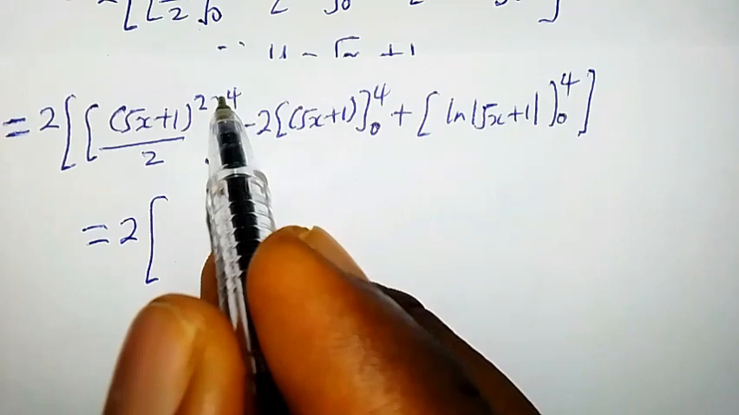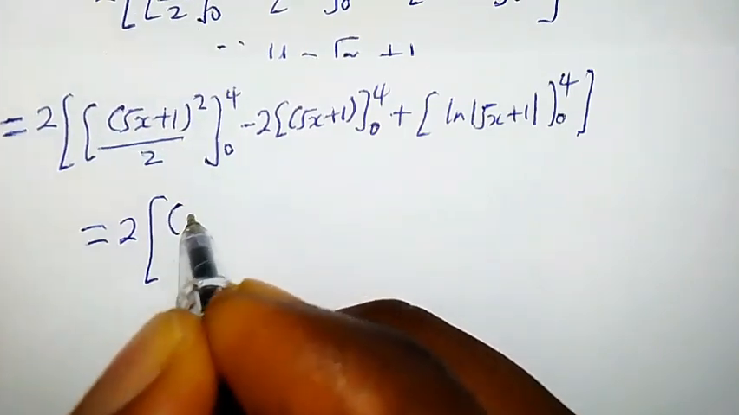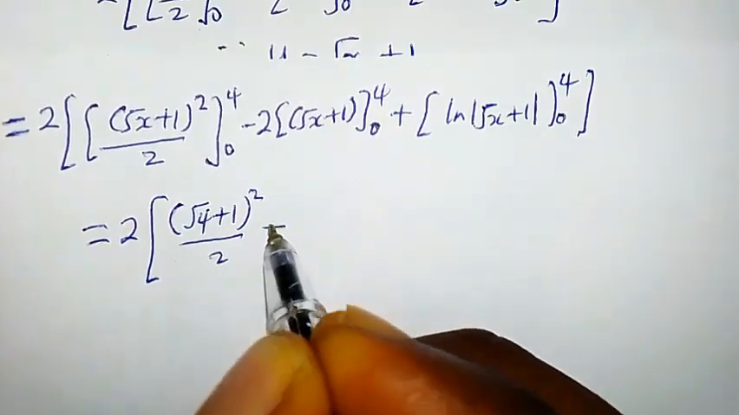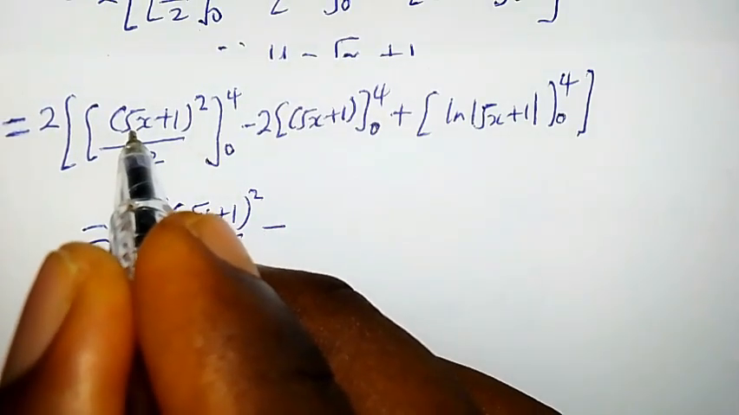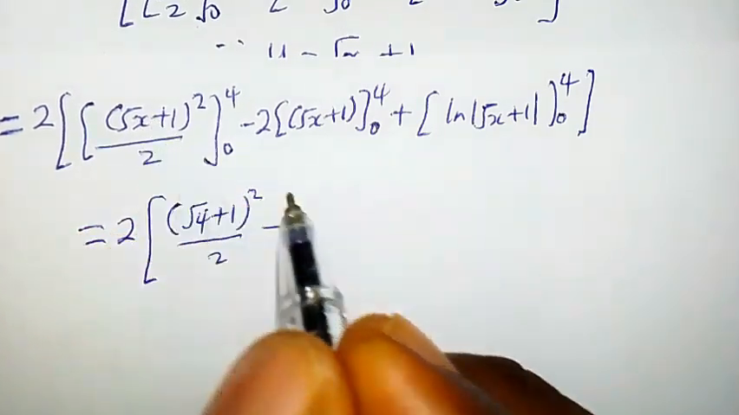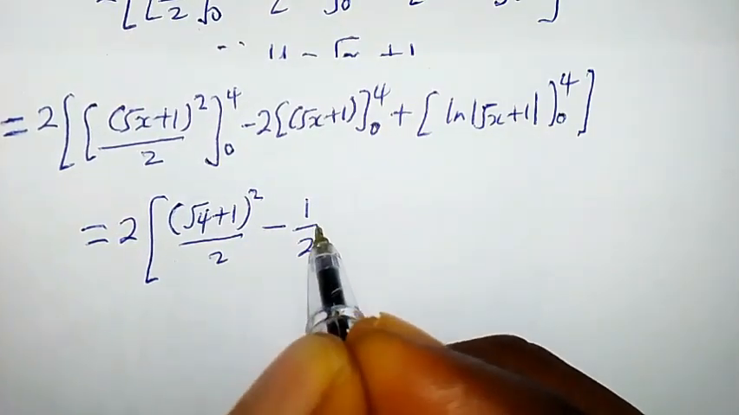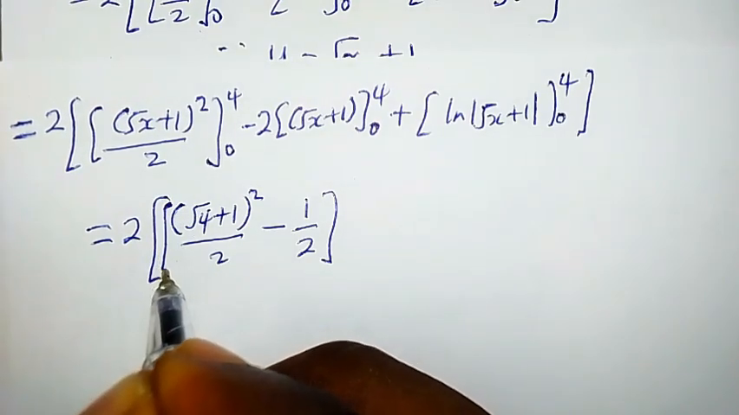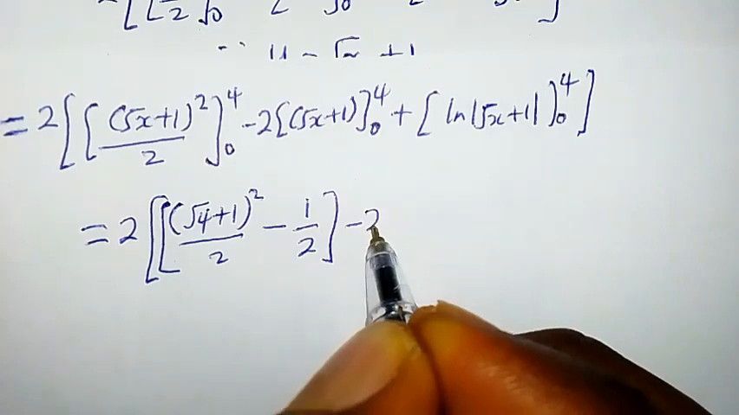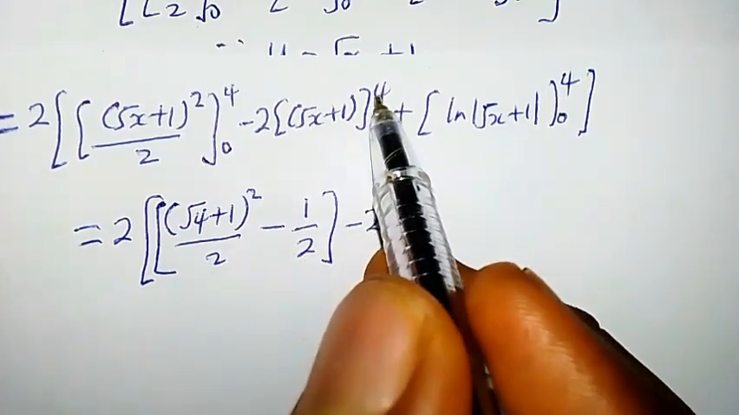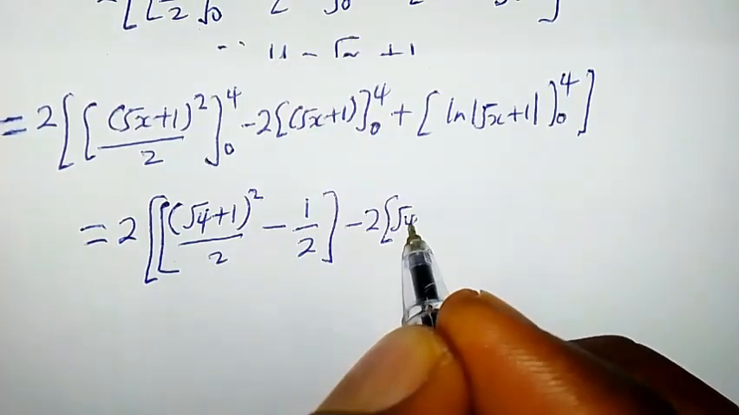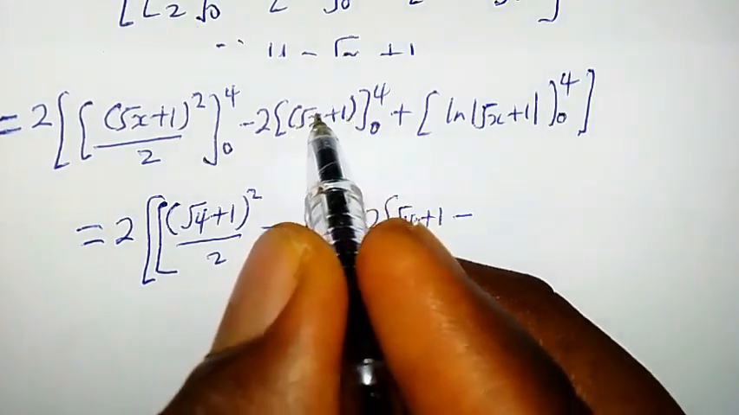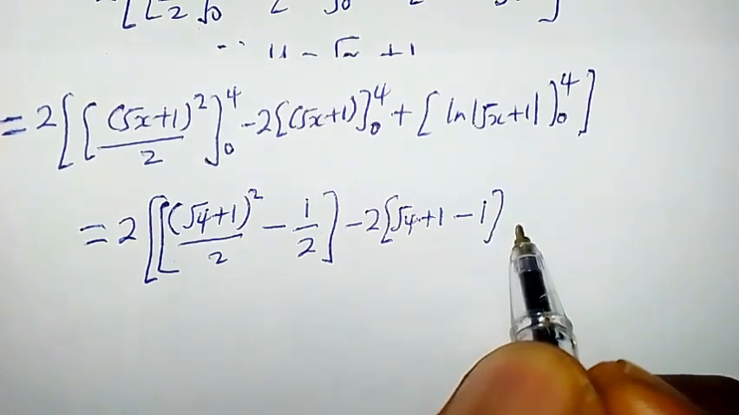The upper limit here is 4, so all of this becomes square root of 4 plus 1 squared over 2, minus the lower limit here is 0. If we plug 0 here, all of this numerator becomes 1 over 2. Close the bracket. Don't forget we have entire brackets here. Let's just put another one here. Minus 2 into, the upper limit here is 4, so this becomes square root of 4 plus 1 minus, the lower limit here also is 0, so all of this becomes 1. Close the bracket. Plus